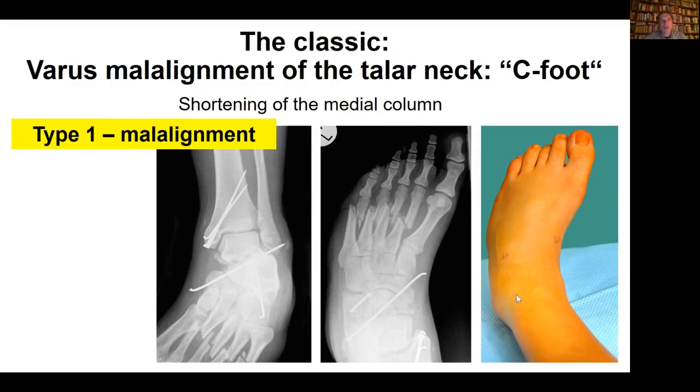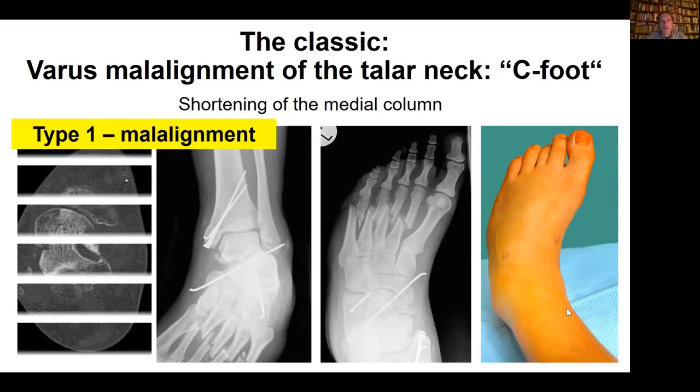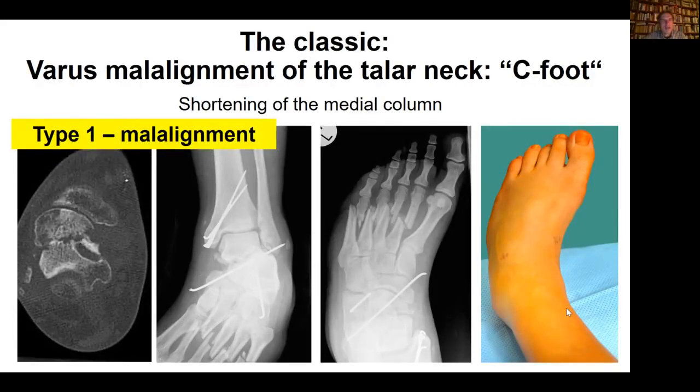So this was a polytrauma patient. Everything up to the level of the ankle joint was treated nicely. And then at the talus, the diligence stopped, and just a K-wire was run through, or 2 K-wires, one obviously dislocated. And this is the position of the talar neck, which is a significant varus malalignment of about 30 degrees. The joints are fine so far. They are in a bad position, particularly the talar-navicular joint.